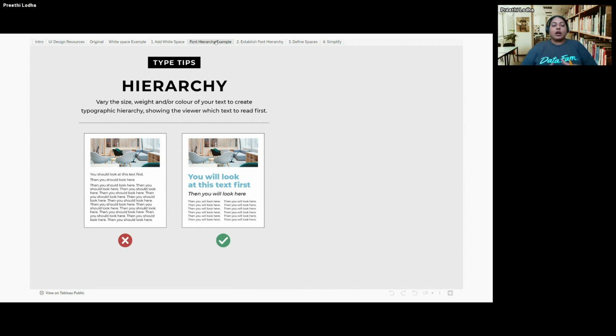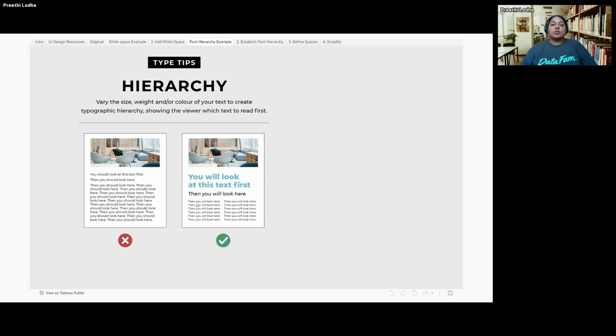But in the second option, I'm using the same text, but I have implemented the font hierarchy, using different fonts, colors, and weights so that people's attention focuses on that and you move it. Now you have an image up here, there is a much bigger font, it's leveraging the color up here, and there is a much smaller font. So this could be your title, this could be a subtitle, and this could be the context or body of the text.